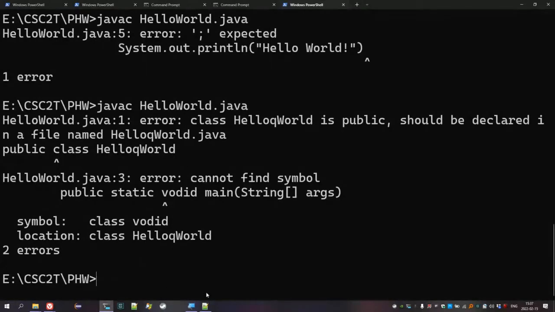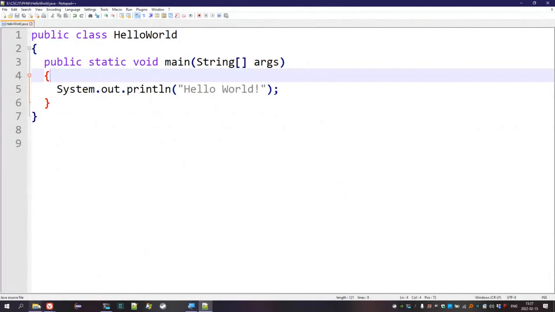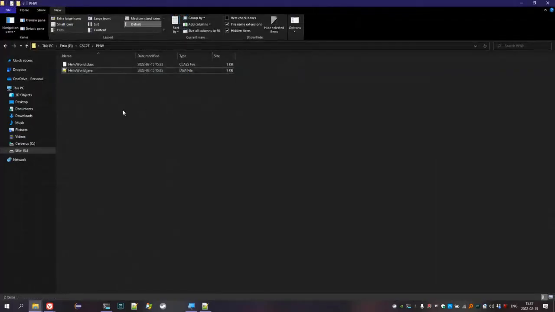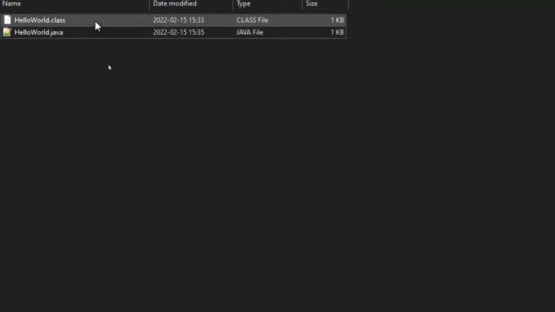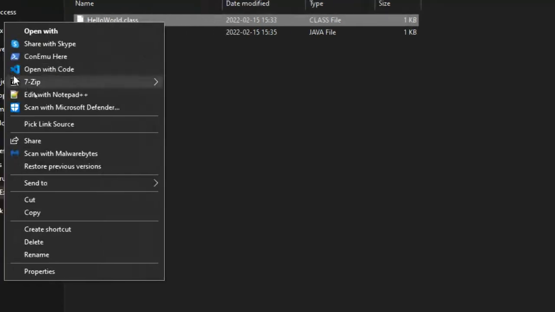All right, so we have a program. We have compiled. What does that mean? If you look in the folder, what you will see is we now have something called HelloWorld.class. A class file is a compiled piece of Java code. If I try and open this file,